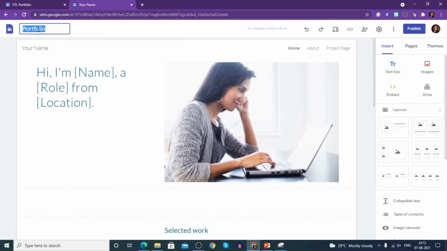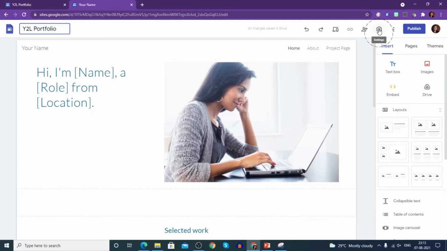This is the portfolio title that you can rename. For example, I'm writing here Y2L portfolio. Right? This is the undo arrow. This is redo last action. This is for previewing. We will use it often when we'll be building the digital portfolio. This can only be used when you publish your site so that a link is generated that can be shared. This is to directly share it with others.